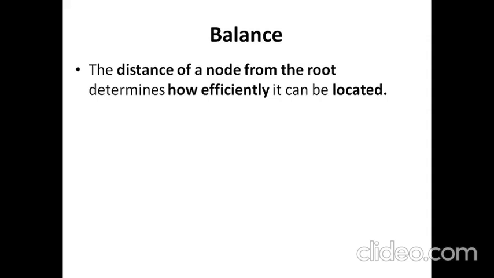In fact, we can apply binary search easily on a binary tree. We will see it later. So searching is a common activity to be carried out on a binary tree. The search efficiency can be improved if the distance from the node to the root is shorter, or in other words, if the binary tree is compressed with a lesser number of levels, then it will take less time to search for elements.